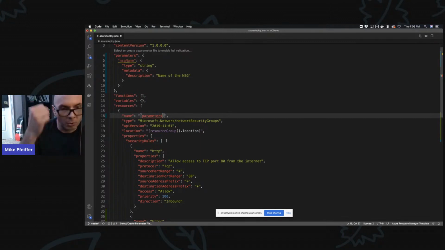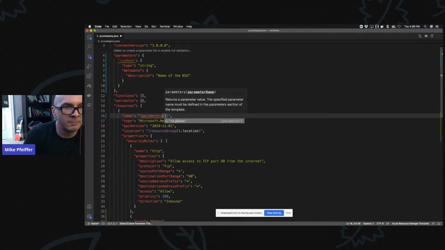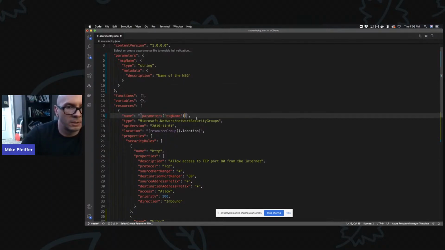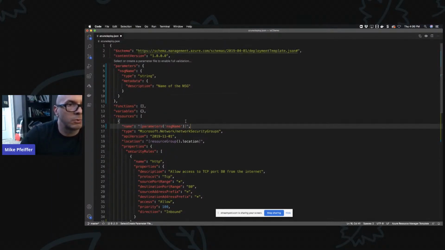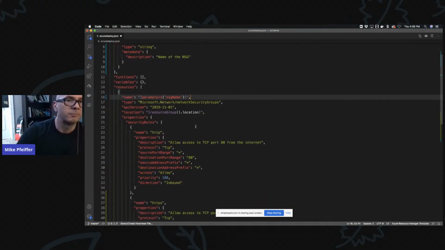So put your programmer hat on. When we call a function or a method, we have a method signature, right? So we have parentheses. And then we say, hey, what are we passing to this function? Well, it's going to be NSG name. So when the user deploys the template and feeds in a custom security group name, it's going to get passed into this resource. It's going to get read using this parameters function. That allows us to do a runtime, like a dynamic template, right? We deploy the template, we plug in the information, then we're good to go.